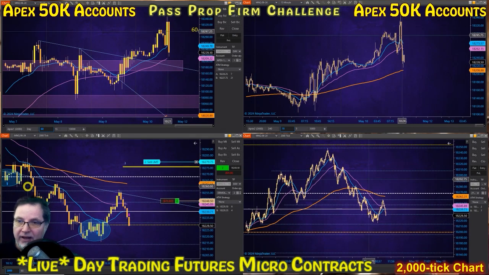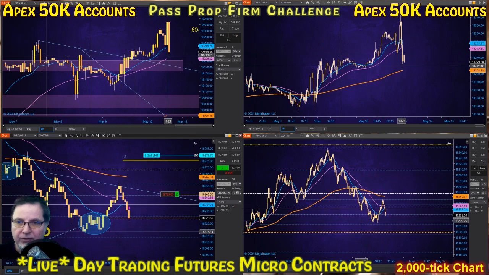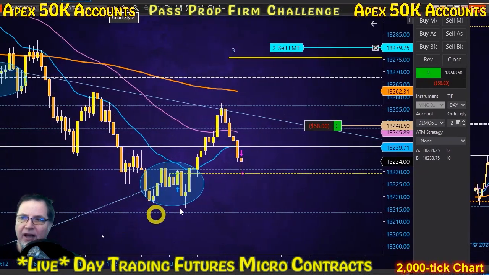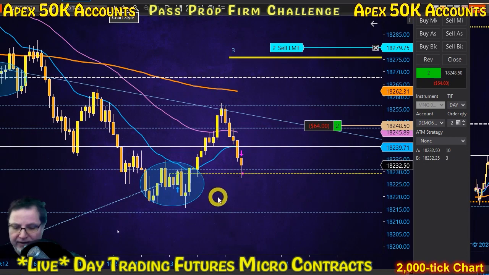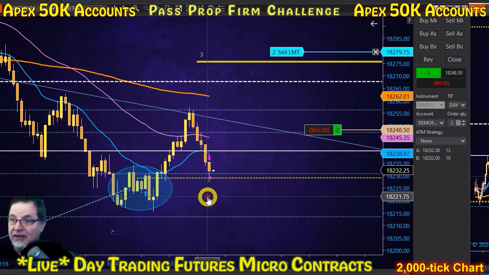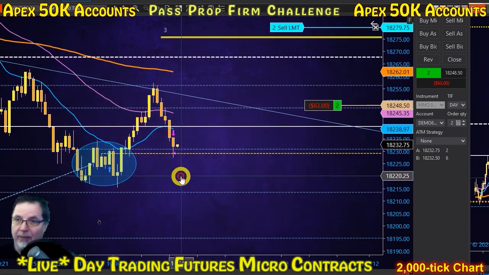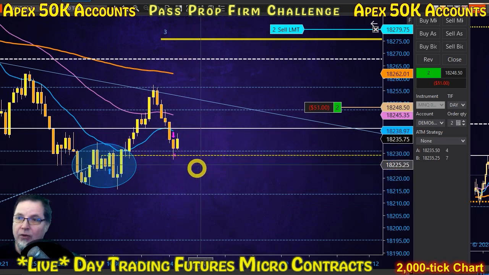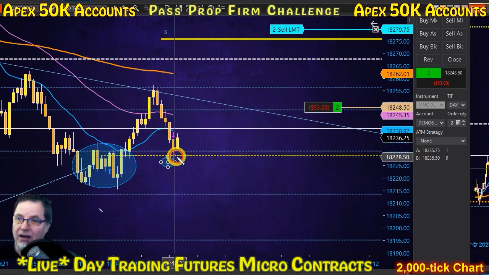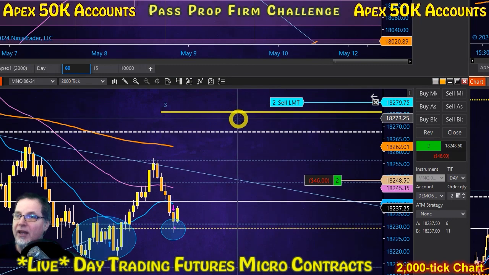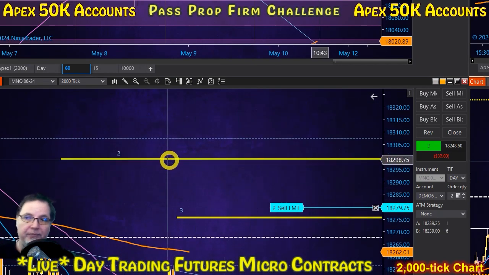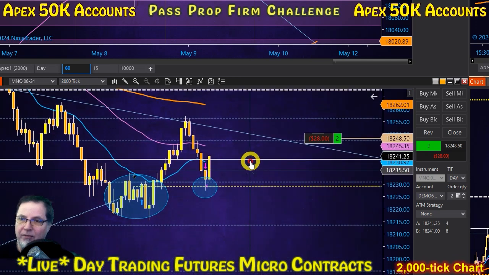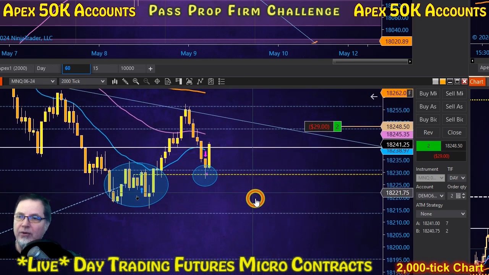Okay, I did something that I didn't want to do, but it's a smart thing to do. Price went up here. I should have taken some profit right there, but I just got out of the add when it came back down to the entry price. So if it keeps going down, I'm not going to go down with it. I'm just going to hold the two that I have, and it could just come down and tick you and go right back up. But I got my average price for the two that I had up here still, right here. I have my average price for the three. I was waiting for it to go up a little bit more. It came right back down and stopped me out of the third micro.